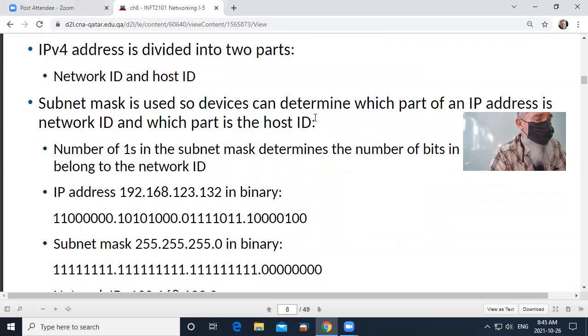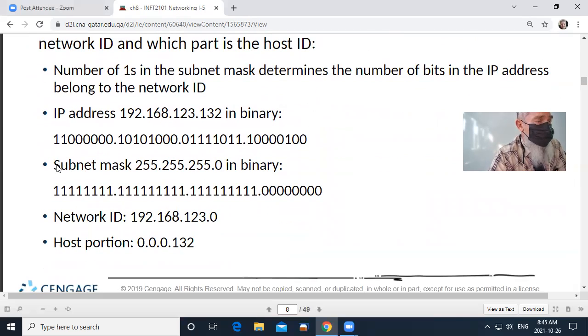Now, part of that is this concept of a subnet mask. A subnet mask is a way of taking the IP address and putting a mark in it and saying everything to the left is the network part of the address and everything to the right is the node part of the address. We use a subnet mask to make that point.